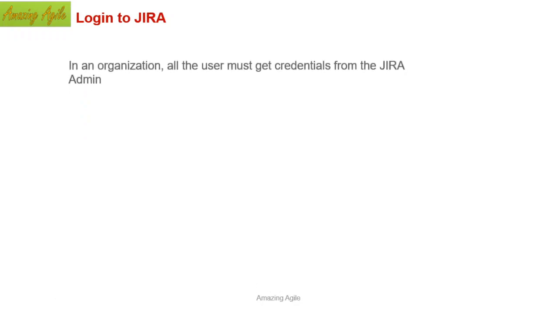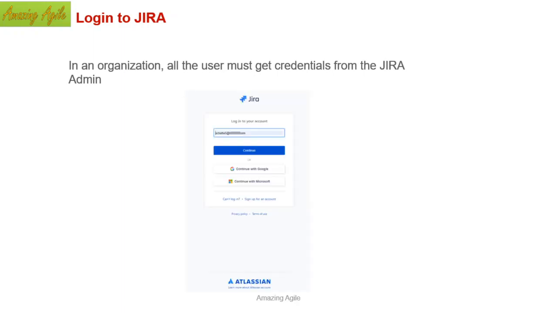So log into Jira. In the organization you must have a credential, so your admin has to provide it to you. This is the landing page, or rather the credential page, and here you give your login and password, and accordingly you can join Jira. Atlassian is the company that owns the Jira software, or Jira tool. It is not free or open source, so you need to buy a license, and depending on the kind of license you buy, you will get the features accordingly. There are also many plugins you can buy or use, and some of them are free of cost. Anyway, it is not part of today's topic, just for your information.